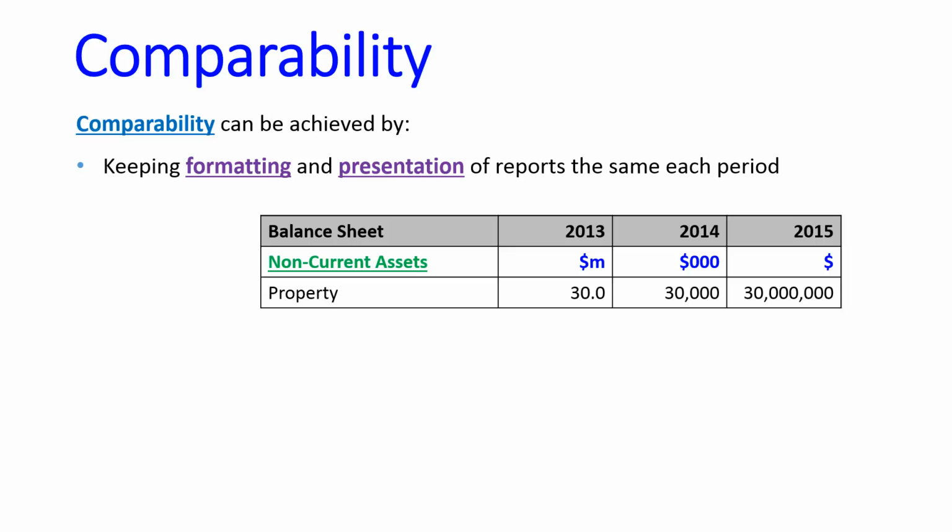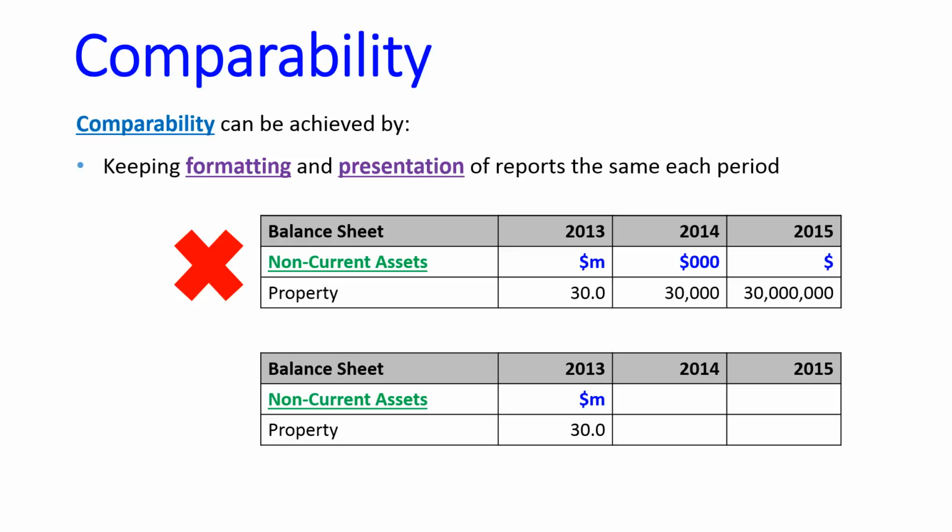However, it's been expressed in different ways, and the problem there is maybe other people can't understand it, maybe they make an error based on it. If you're not looking closely, that'd be easy to do. So we'd say that's wrong. What we should do is pick a valuation method, so in this case millions, and always list it at that